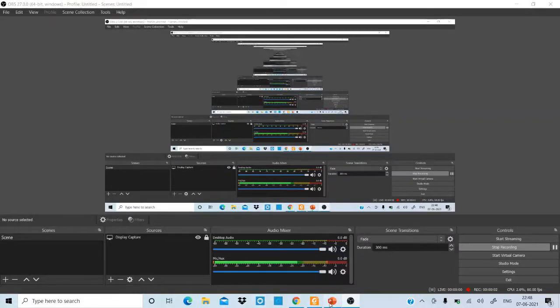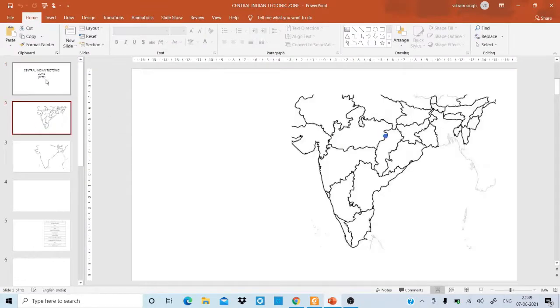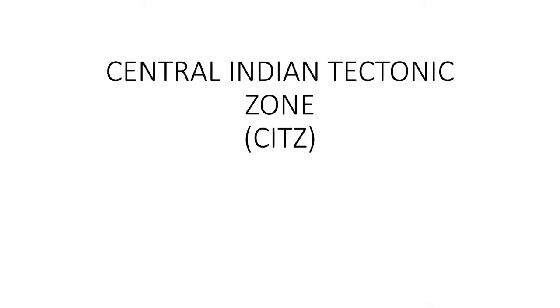Hello everyone. Today we shall discuss the stratigraphy of the Central Indian Tectonic Zone. The Central Indian Tectonic Zone is a very important part of the Precambrian stratigraphic horizons of India. The Central Indian Tectonic Zone, which, as the name suggests, lies in the Central Indian portion,